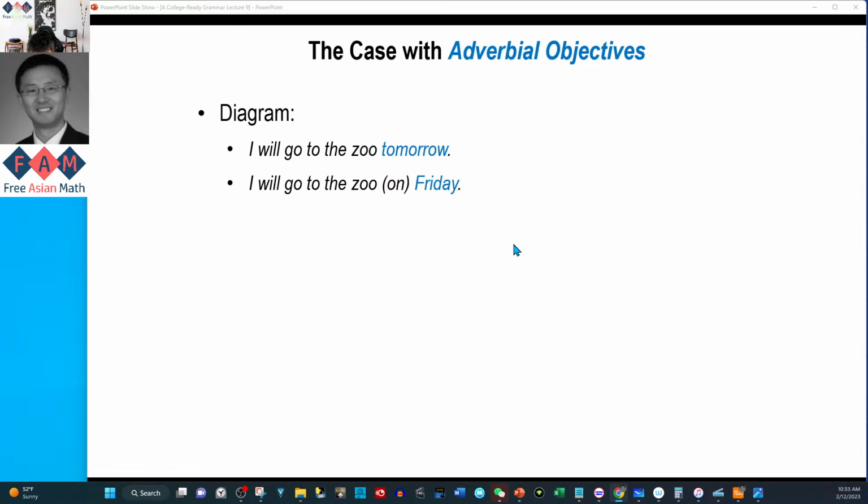So I will go to the zoo on Friday. Friday is the object here, but we drop it, and it becomes a single word which looks like a noun, but actually grammatically it's an adverb. So I will go to the zoo Friday, and we call this adverbial objective. There are many different types, or different forms, of adverbial objective, but you have to really understand what